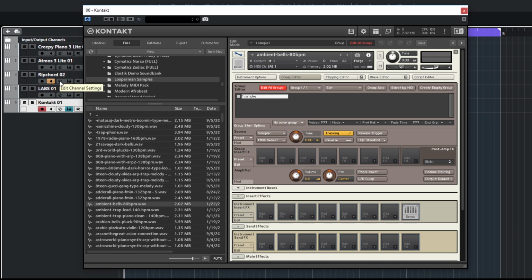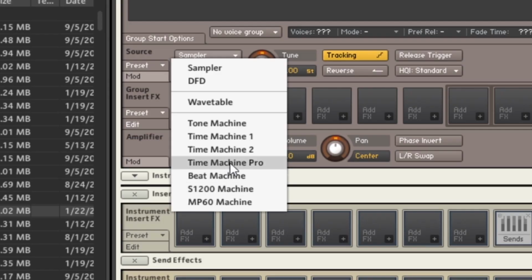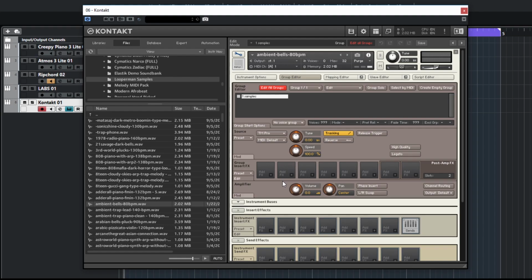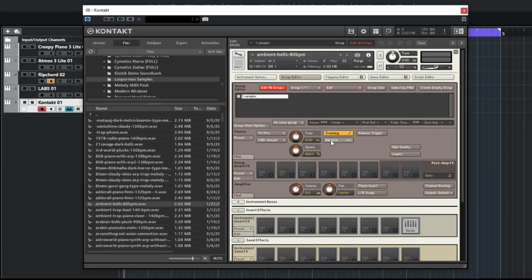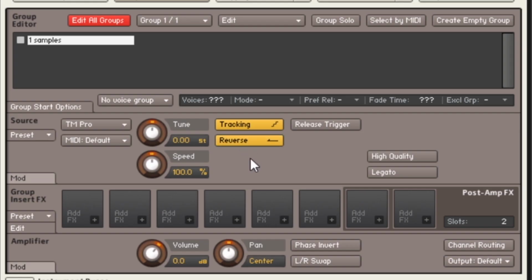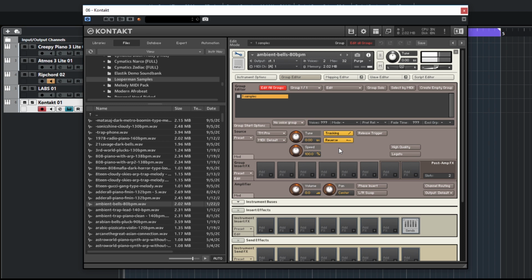And let's say that you want to keep the same key as you're playing, but you don't want the BPM to change. This is when the actual Time Machine Pro comes into play. I love what it does. It does a great job of keeping it in the actual BPM, even though you're going up or down in scales. Plus, for your tracking, let's say that you want to play it backwards, right? They have this thing right here called reverse. So if you hit reverse,